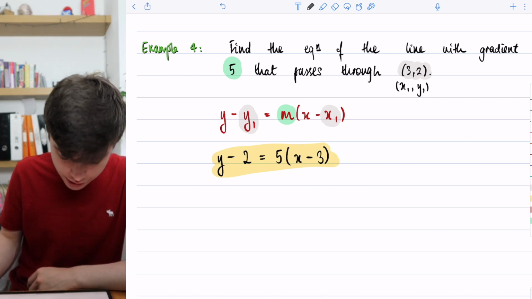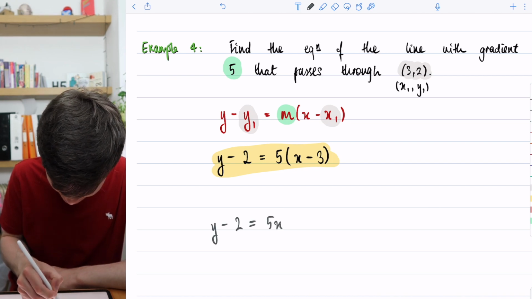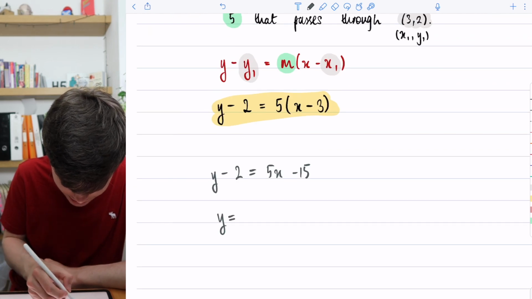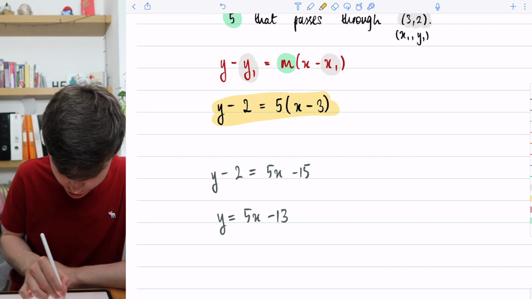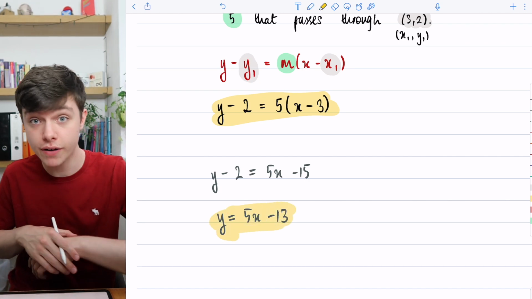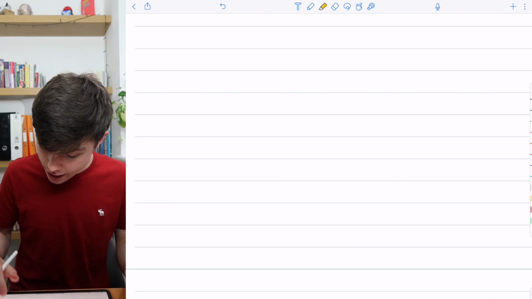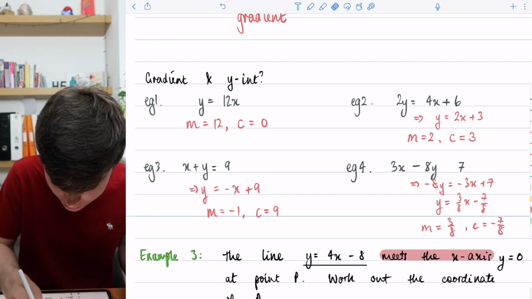So we'll do this in grey. We could have y minus 2 is equal to 5x minus 15, and then add 2 to both sides. Y will be 5x minus 13. That is another appropriate form, but like I mentioned up here, this is also an appropriate form if we had